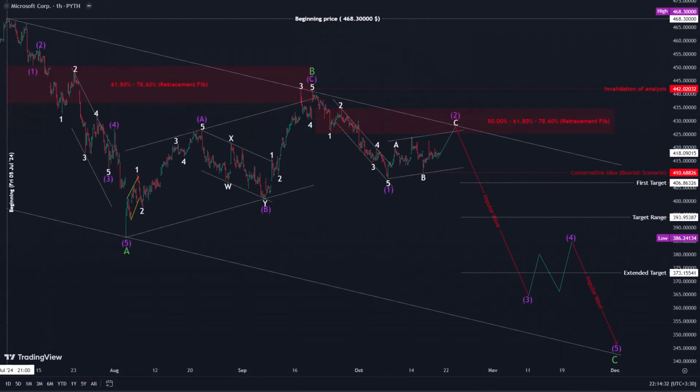Now, let's examine the 1-hour chart. Here, I have labeled the first wave as A, which follows an impulse pattern and includes an extension in the third wave. The second wave, labeled B, appears as a simple zigzag that completed its move between the 61.8% and 78.6% retracement levels. The current price action is showing a smaller impulse pattern along with a range correction. This analysis does not invalidate the price movement and suggests a potential expansion in the bear market.